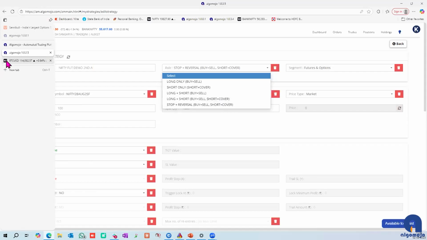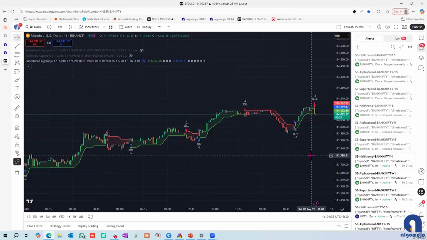Right. So once you have done this, the next step, let me summarize. The first step is to select your instrument. The next step is to look at the time frame that you want to trade in, and then load the strategy that you want to trade, which could be a SuperTrend or UT Bot, any strategy. As long as it is giving buy, sell, and it is a strategy, you can bring in anything